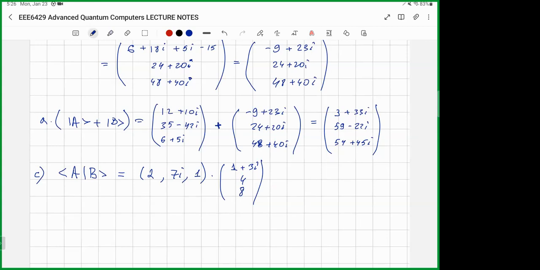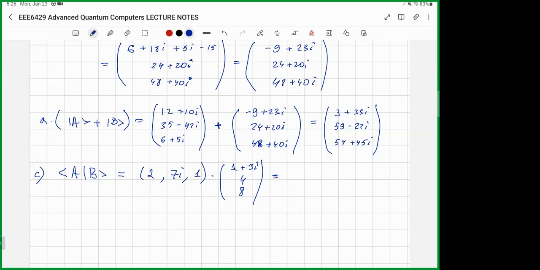Okay, so this is the inner product. I just remind you how we find this. We take basically the row by column, right? In this case, we have only one row in the first vector, and one column in the second one. So basically, this is the sum of the products of